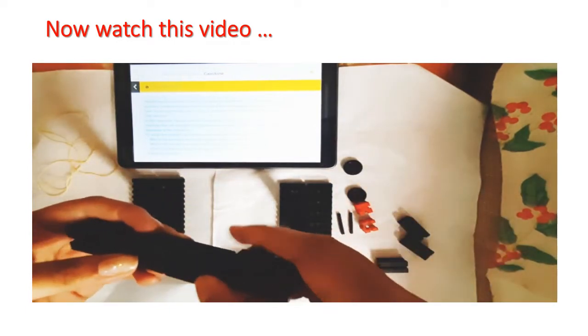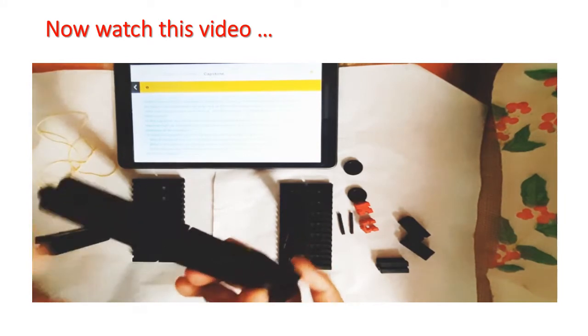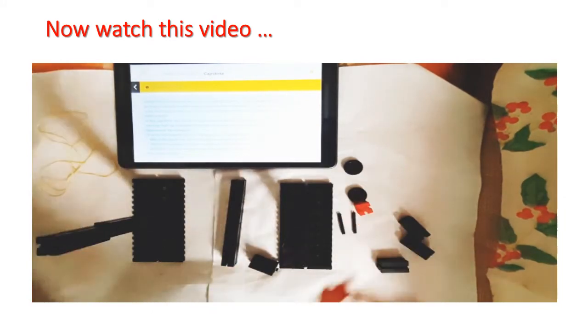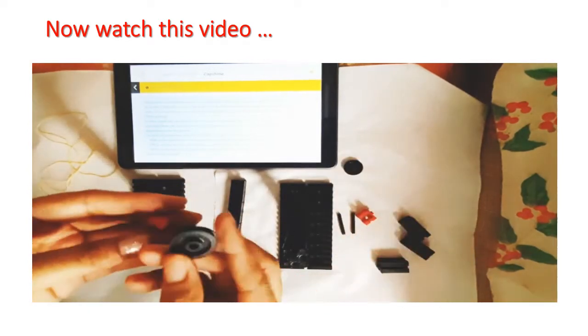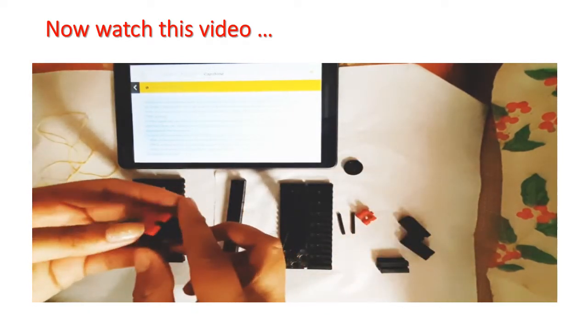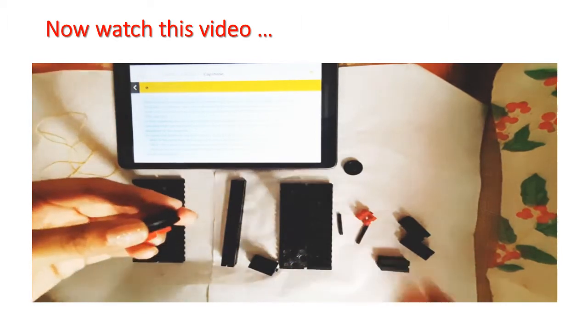Now I'm again connecting building block 30s together, and this is roller bearing and this is pulley that I'm going to attach. See how I am attaching this. I'm attaching it with the help of the clip axle.